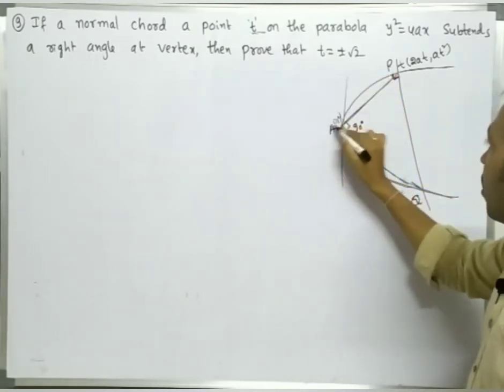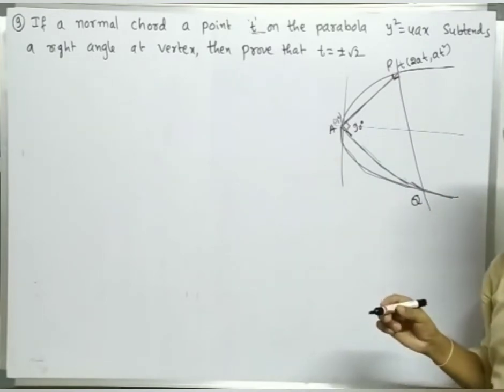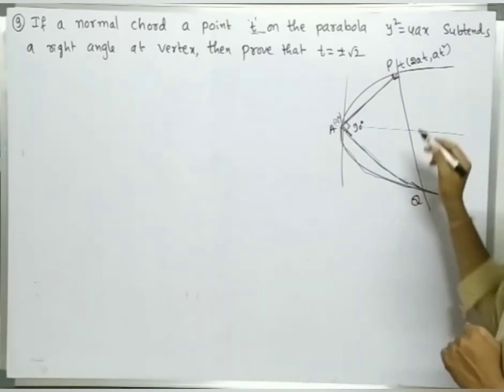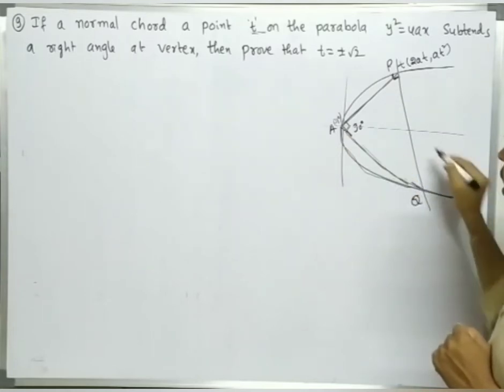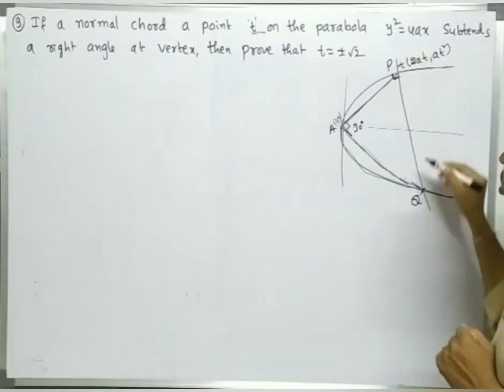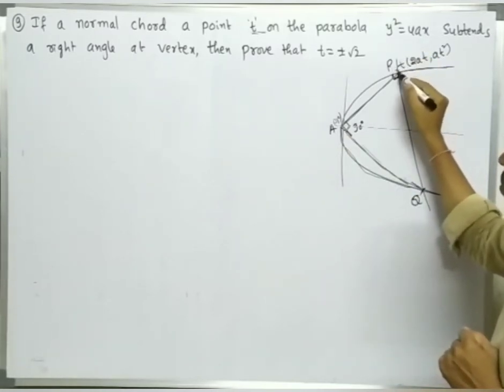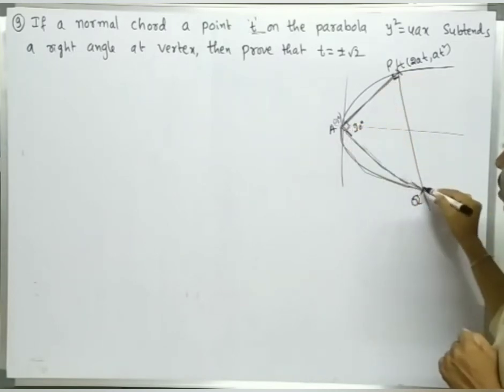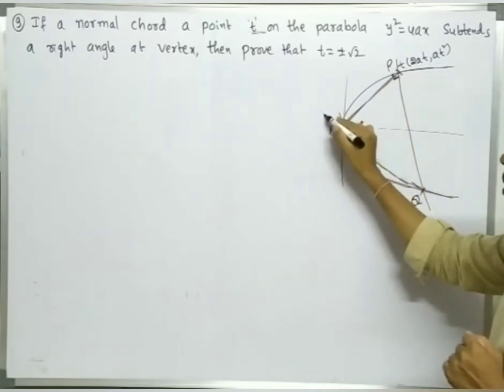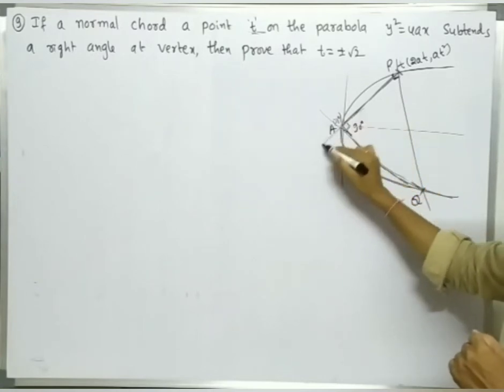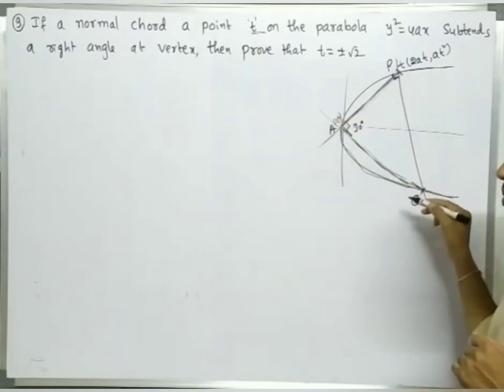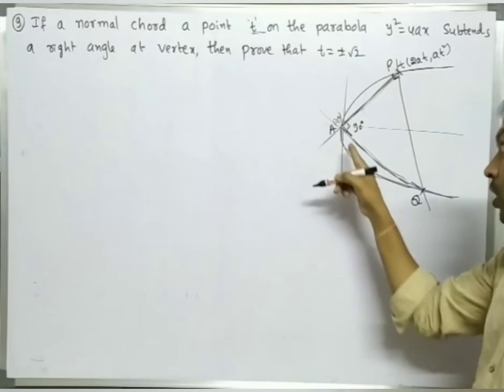Okay, now recall that concept, when should we use it. So there is a curve and there is a line, then we will get two intersecting points. From these two intersecting points, these two are making a right angle, which means these two are a pair of straight lines which are passing through the origin.